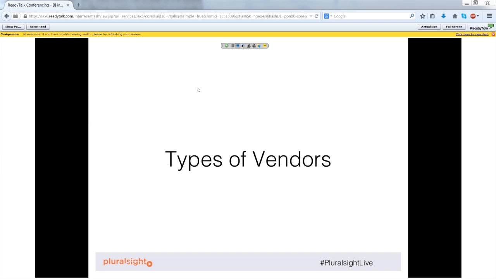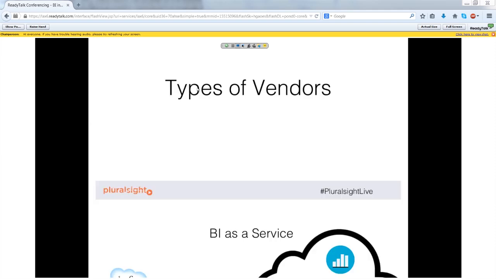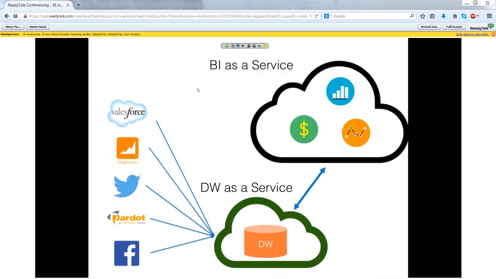Let me shift gears and let's talk about the types of vendors that you'll come across in this space. This is probably one of the hottest spaces right now, and every day I get emails from new, little startups with their BI platform in the cloud that's going to change the world. Well, I've looked at a lot of them, and I'm going to try to give you my take on the